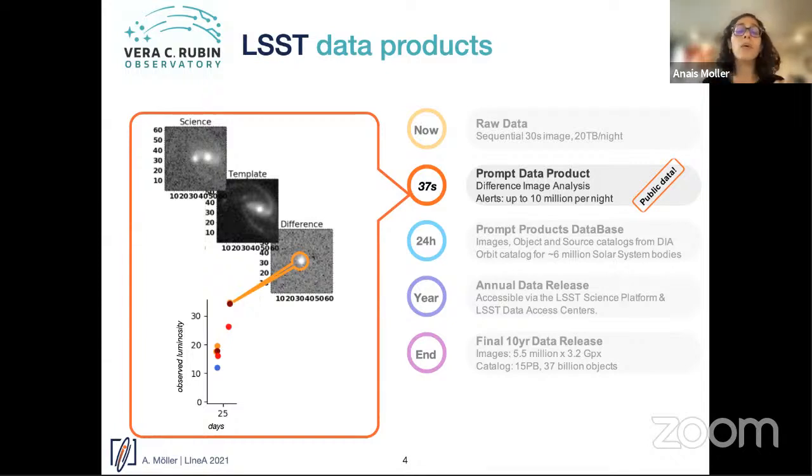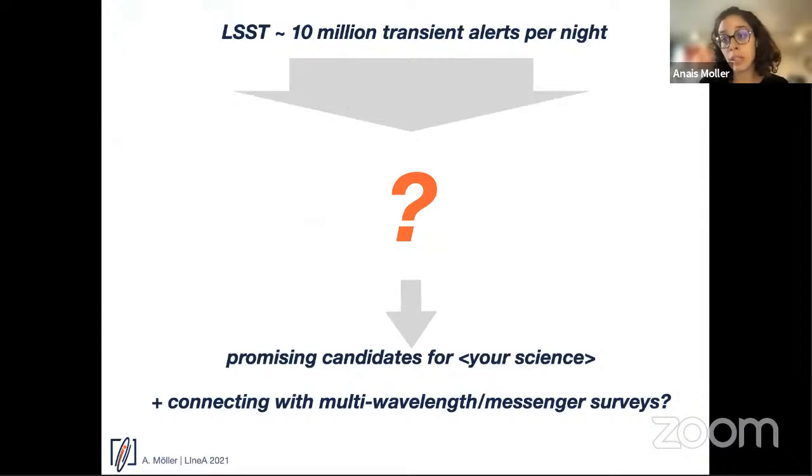Now, the big question here is how do you go from 10 million transients per night over the 10 years of LSST to something that we can actually use for science? And this is where my talk is going to be centered. Basically, our idea was to take the 10 million transients per night from LSST and answer the question, how do you get promising candidates for your science?